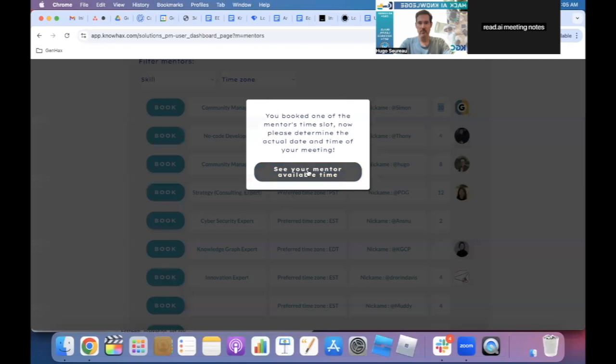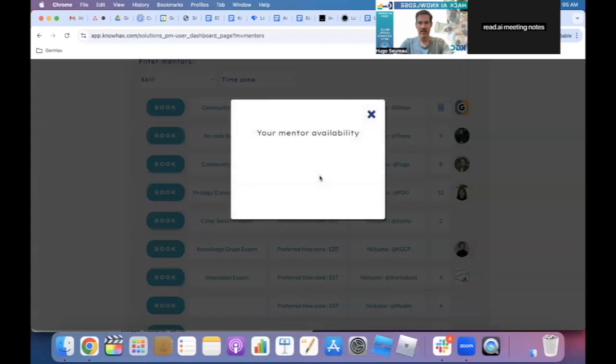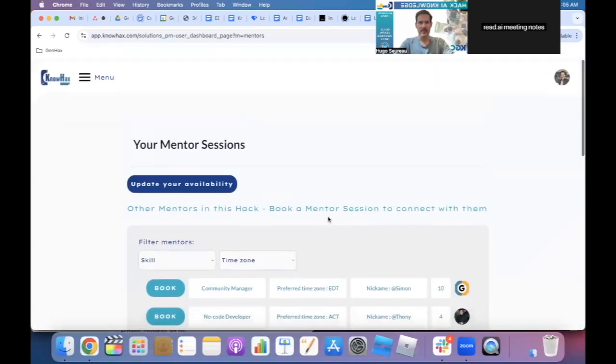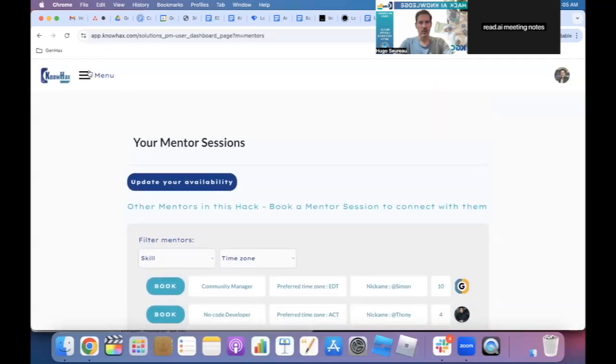This is booked, meaning that now instead of 10 available sessions, we're going to see 9 available sessions for Simon. And we will see the mentor's available time if he has shared it, which is not the case here. So in that case, what you need to do is to go back to your